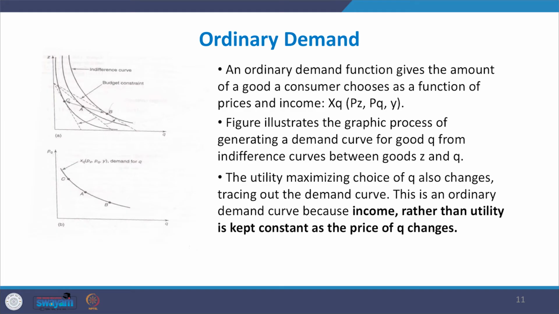Now, if the price of the product Q declines and the budget of the consumer remains the same and the price of Z also remains the same, then the slope of the price line or price ratio will change, and the new price ratio is now tangent to a higher indifference curve at point B. So, the movement of the consumer from point A to point B is due to the change in the price of